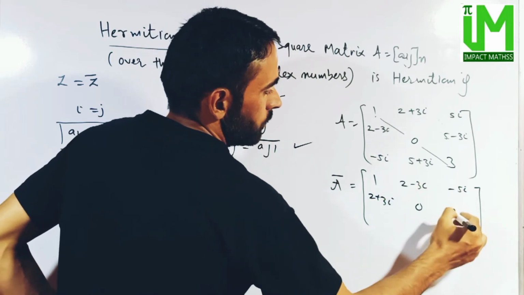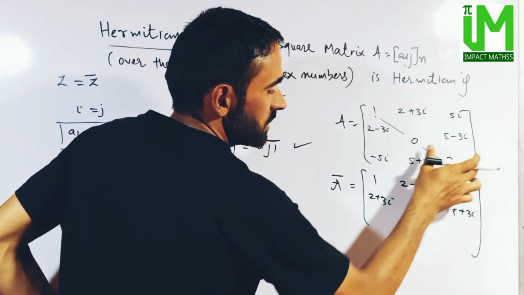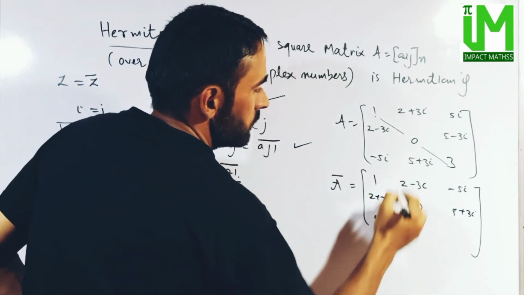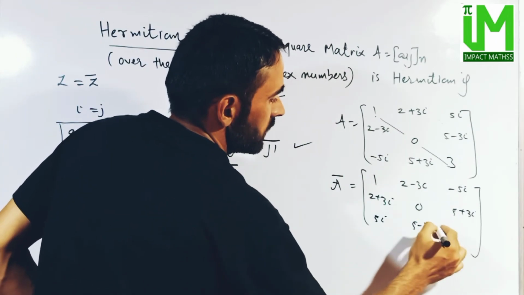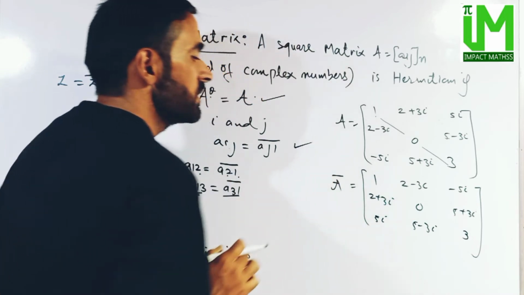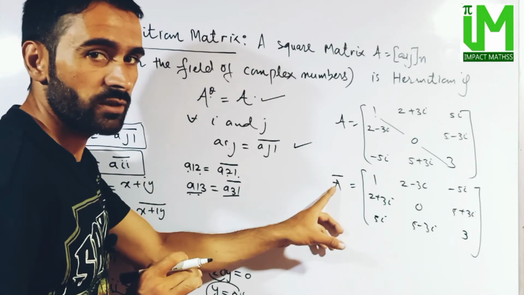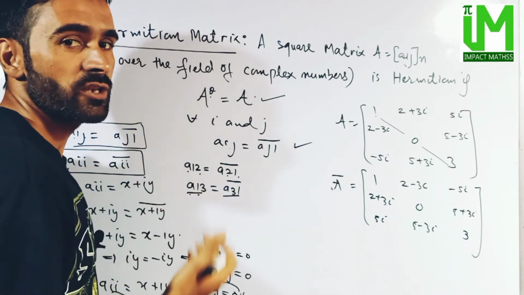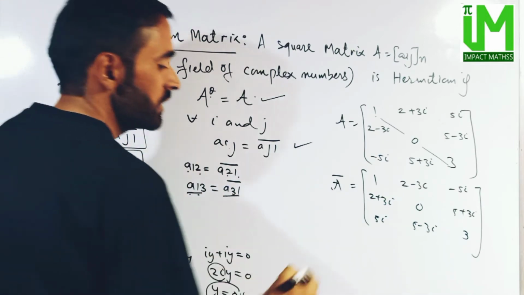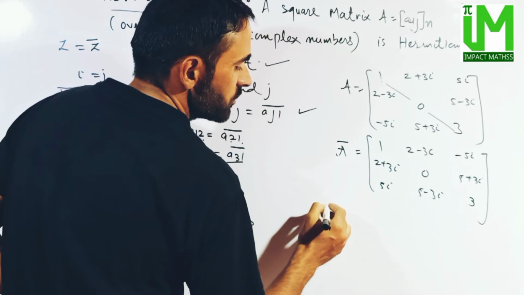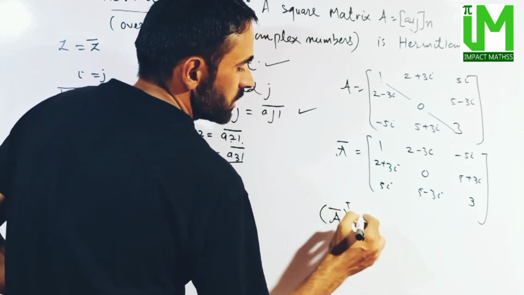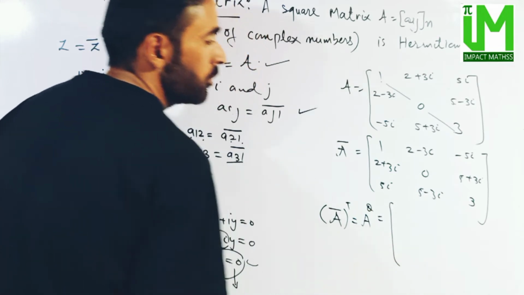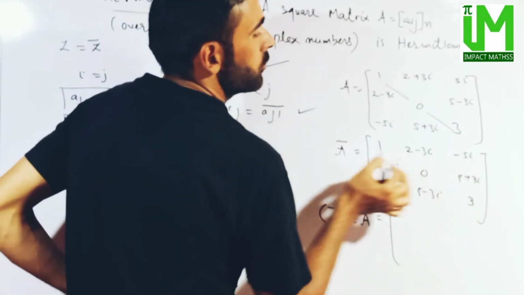I'm just taking the conjugate of these entries. So this will be 5 iota, this is 5 minus 3 iota, so this is 3, so this is the conjugate of a matrix. अब इस conjugate का ट्रांसपोज यानी ट्रांसपोज्ड conjugate, जिसे हम A to the power थीटा से डिनोट करते हैं।